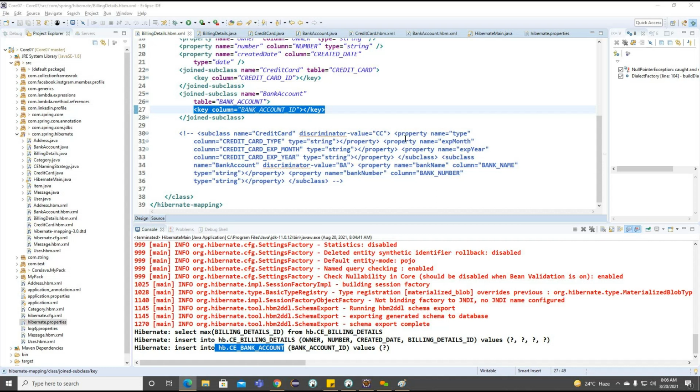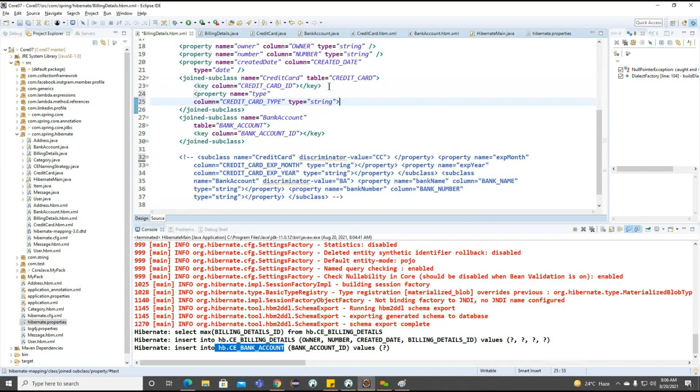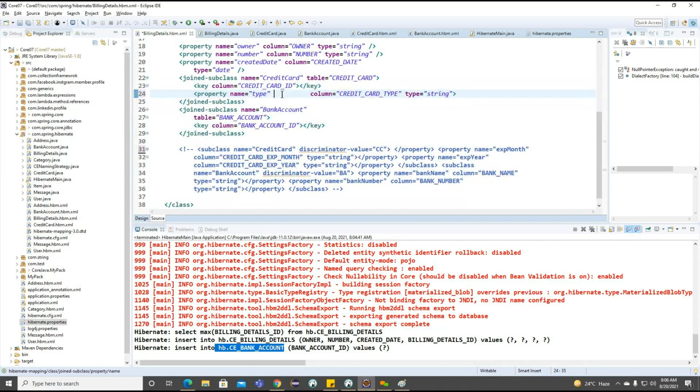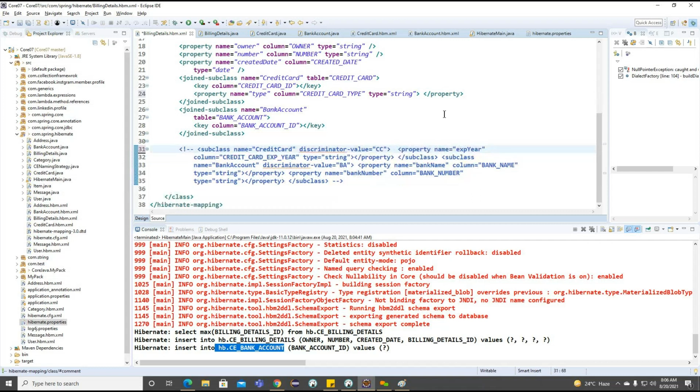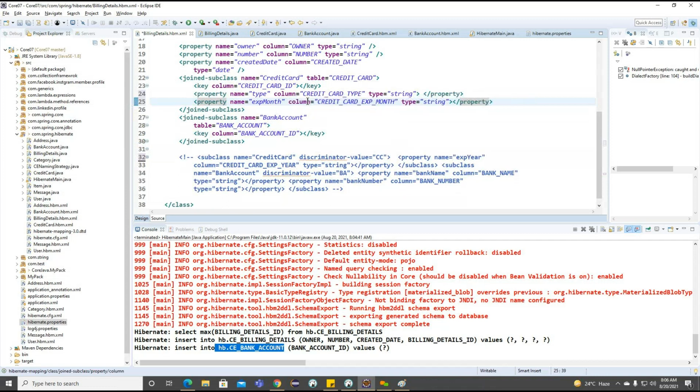So to provide these remaining columns here, we'll go for the property. And this is for our credit card.